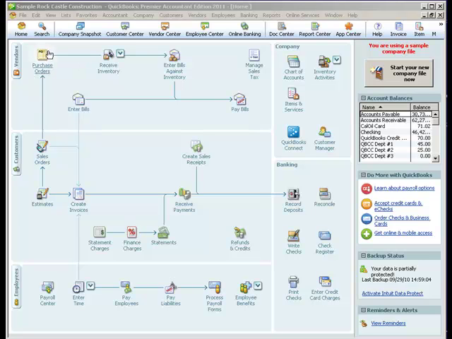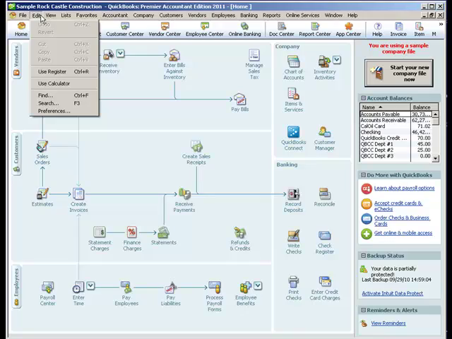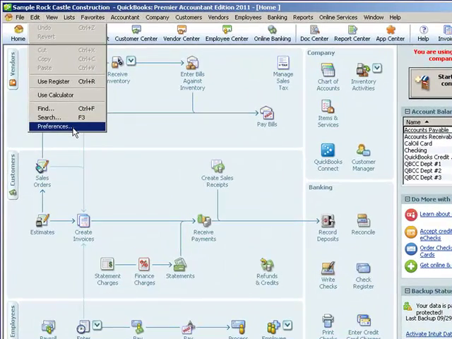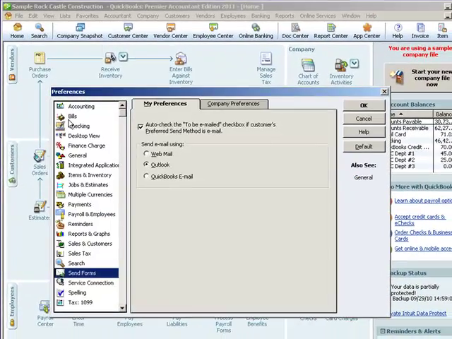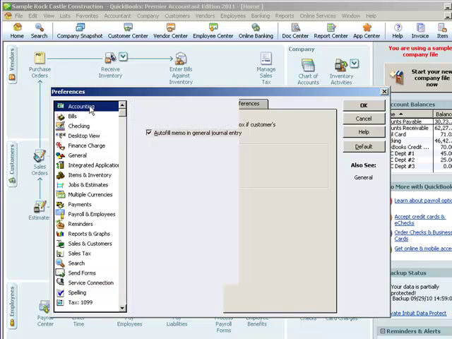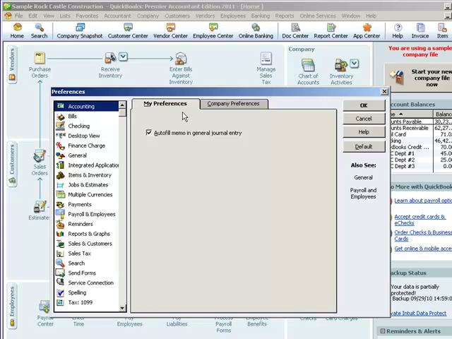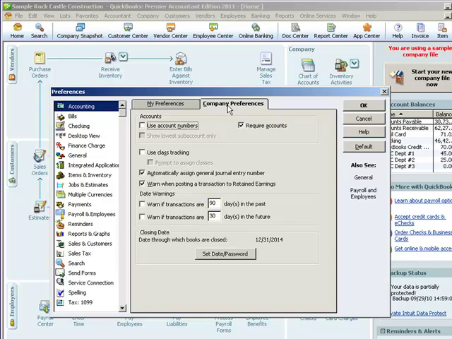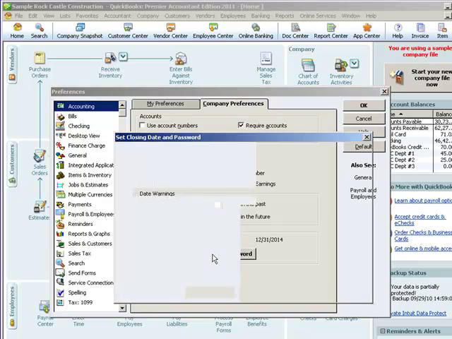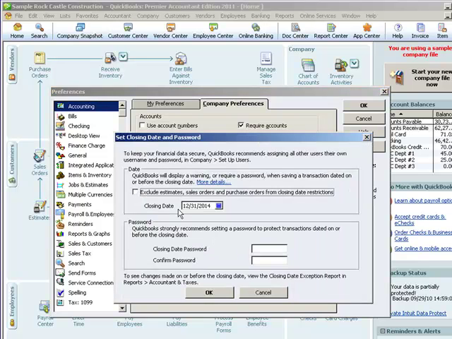The first thing is the addition of a checkbox on the closing date. You should be using the closing date in QuickBooks on a regular basis. It's really going to help your accountant and you as well, having accurate reports. So we've advocated the use of that for a long time. That preference is available on the accounting menu, company preferences, and when I check this set date password, the new